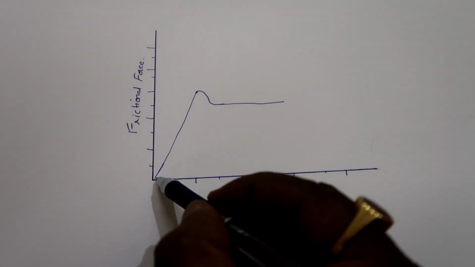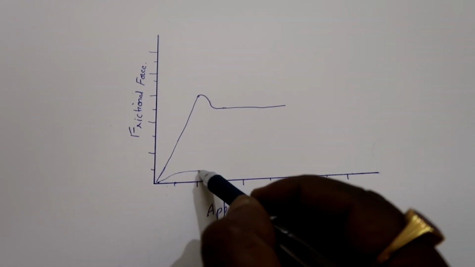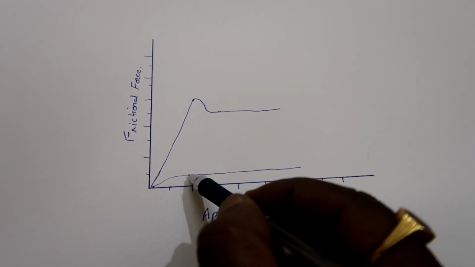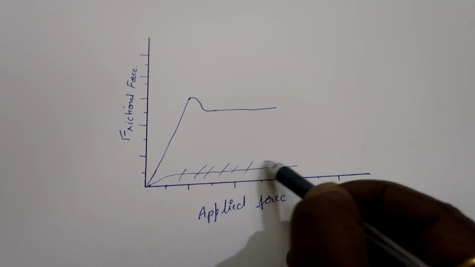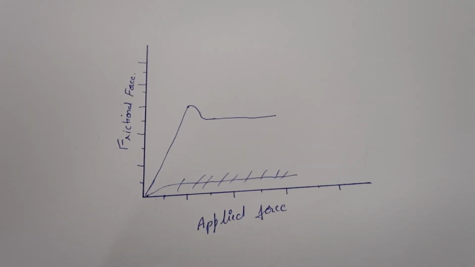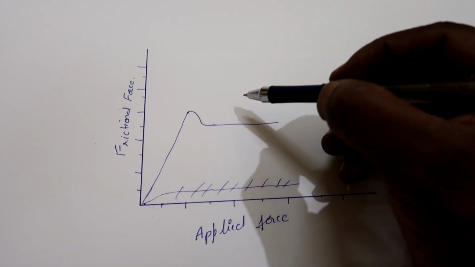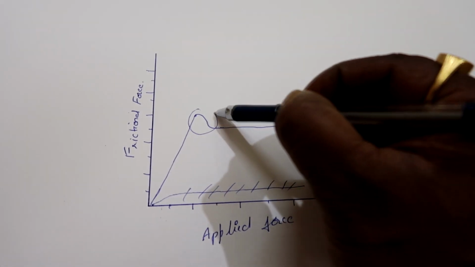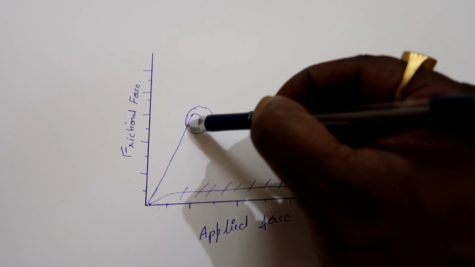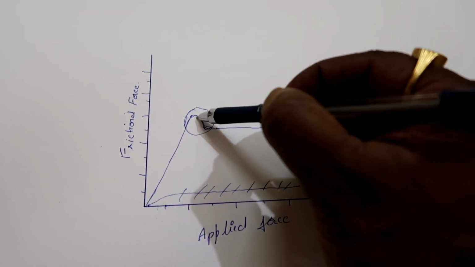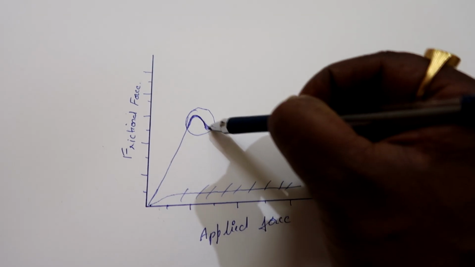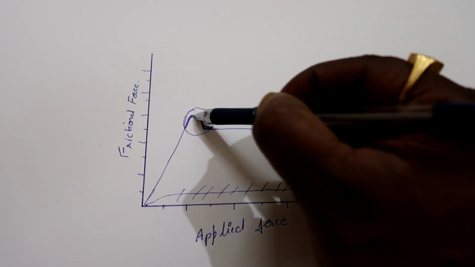If you're rotating your wheels very fast, this is how the curve goes. The applied force increases, but the friction never increases, and this doesn't work at all. And in my method of slow clutch engagement and slow acceleration, the tires try to maintain maximum friction in and around the point of threshold of motion. In fact, back and forth of threshold of motion until the vehicle comes out of the sandpit.